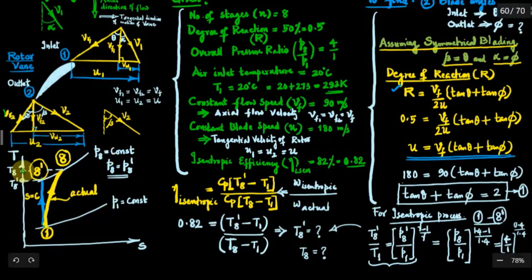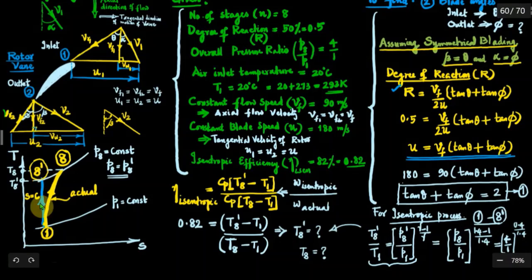So now you consider this diagram. You are familiar with this because we have already explained this in the case of centrifugal compressor, which is absolutely applicable here in the very same form. Just consider the TS diagram. You have two constant pressure lines, the lower pressure P1, the inlet pressure, and the outlet pressure of the compressor. We are not taking the intermediary pressures. So at inlet it is P1, at the outlet after 8 stages it is P8. So you draw two constant pressure lines.